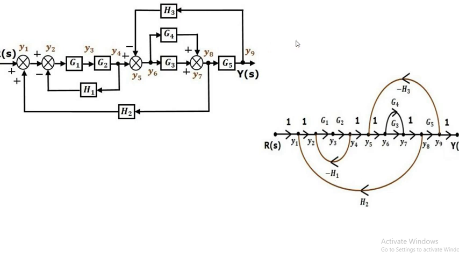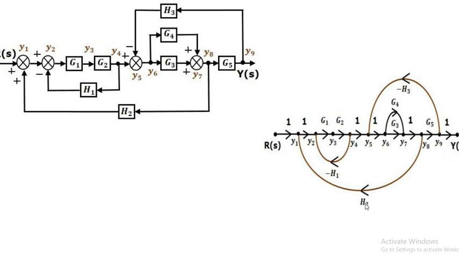Okay, so now see what reverse parameters we have taken. Now if you see the first thing, I have taken the signal from this y8 and that is connected to the y1. So it is taken from y8 and connected to y1, and the gain is nothing but h2. Okay, now see carefully, this is very important. The gain of this branch is nothing but the gain of this block, that we have written h2.